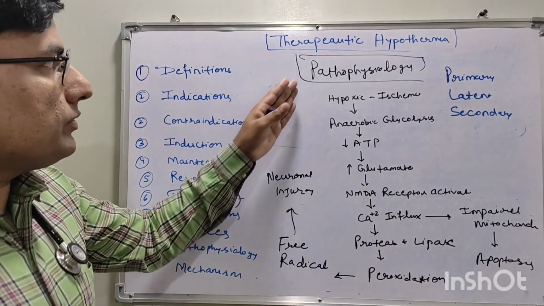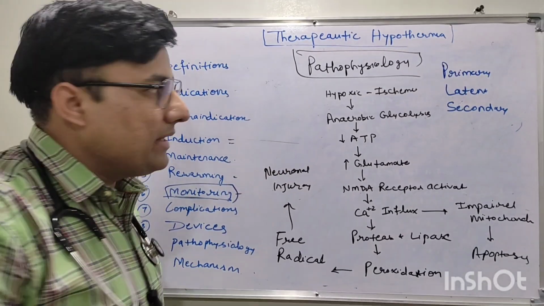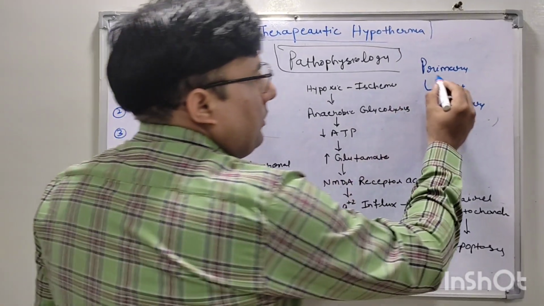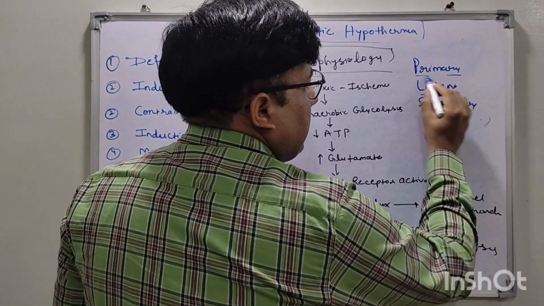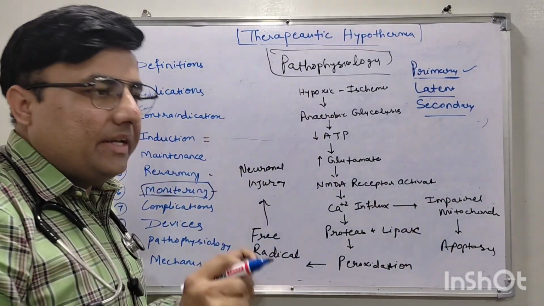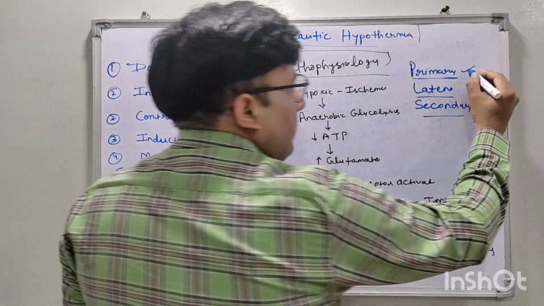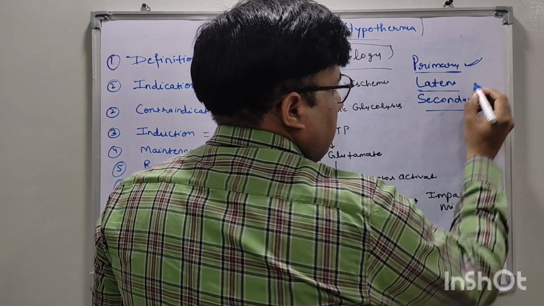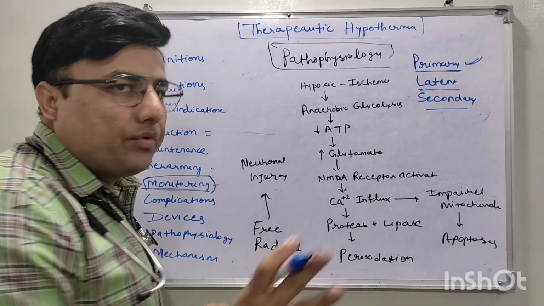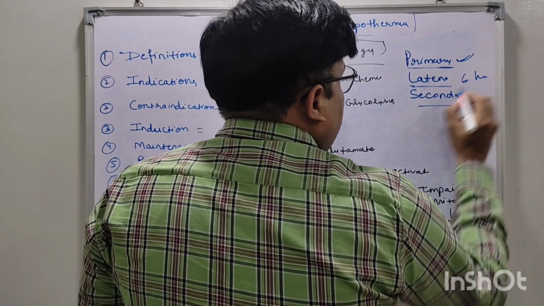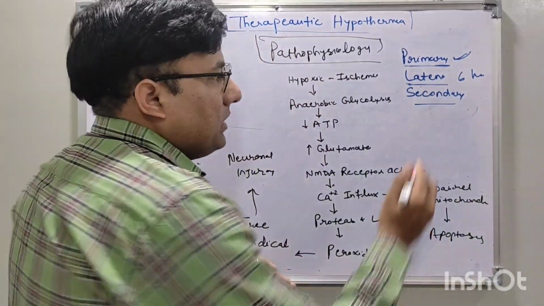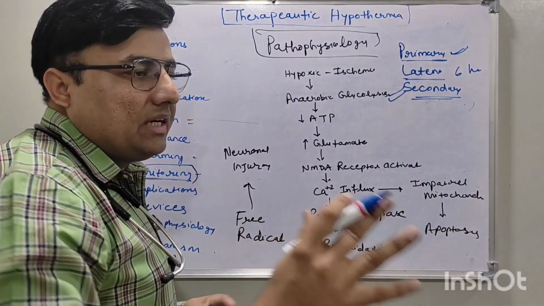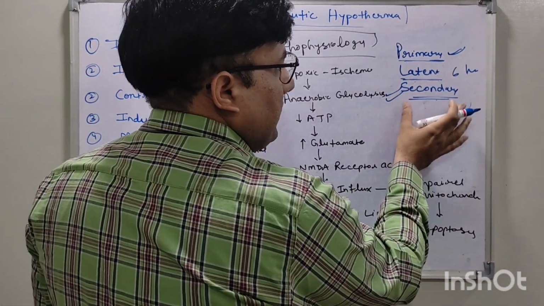Now coming to the pathophysiology of hypoxic ischemic encephalopathy or perinatal asphyxia. If any hypoxic or ischemic event happens, there will be three phases: primary phase, latent phase, and secondary phase. In the primary phase, immediate neuronal injury will happen. After that, in the latent phase, there will be recovery or reperfusion, which will last for around 6 hours. After that, prolonged injury will start. That is called secondary energy failure, or the secondary phase. In that, prolonged neurological damage happens by free radical injury. So these three phases are there.